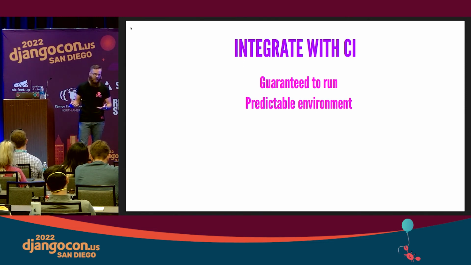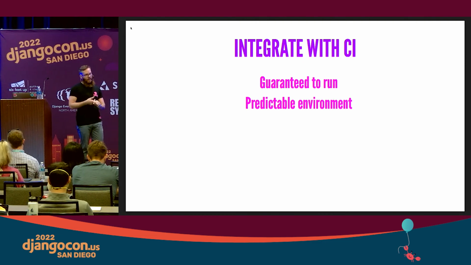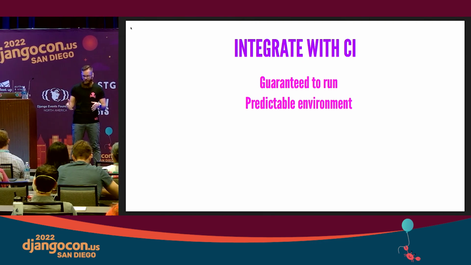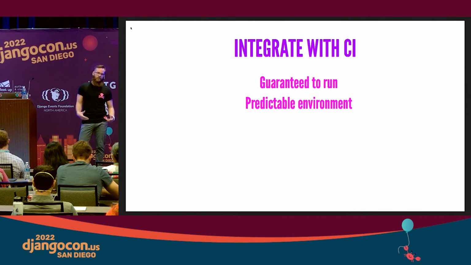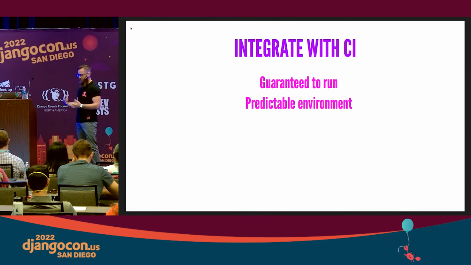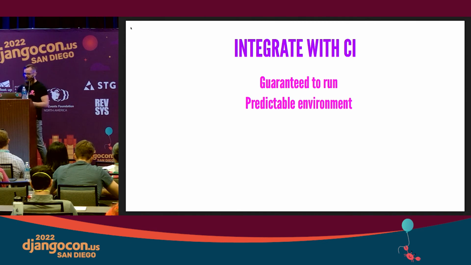The bonus of doing things on CI is, one, it's guaranteed to run, like our build is going to always run this stuff when it gets pushed in or when it gets merged. And two, it's always in a predictable environment. So the whole classic "it works on my machine" thing doesn't really happen when you're on CI. That way everybody's running against the same version of Python, even if you haven't updated your dependencies locally or something like that. So you can be testing everything on the build in a predictable way.